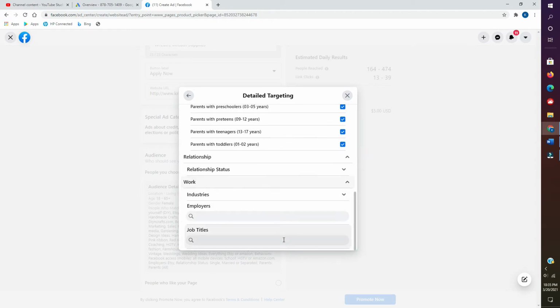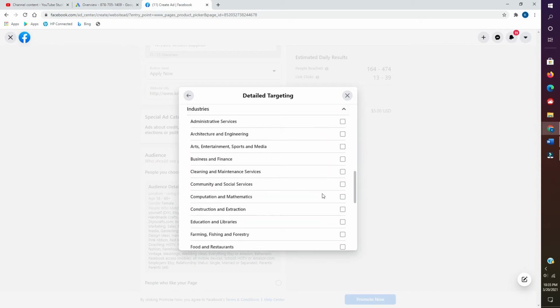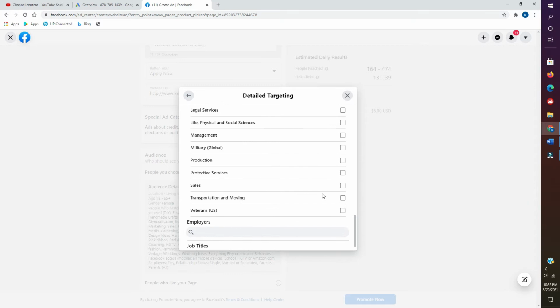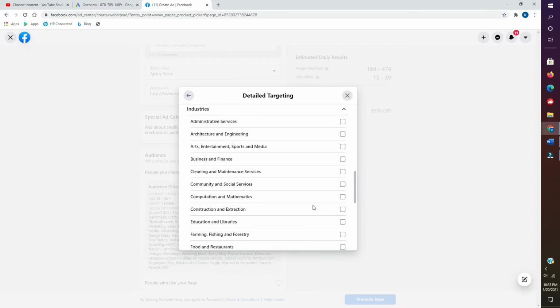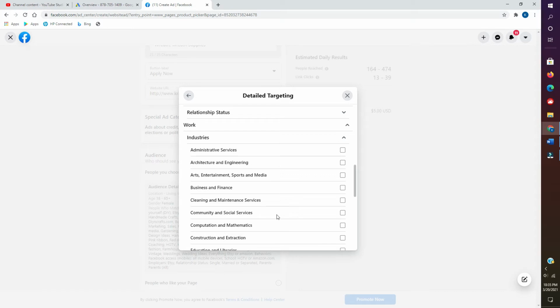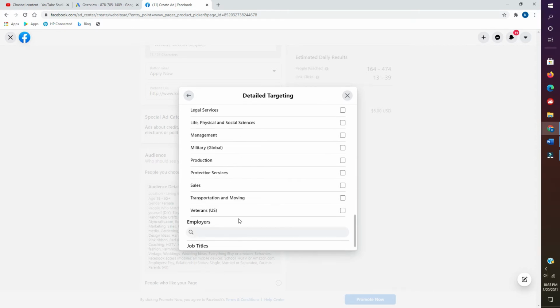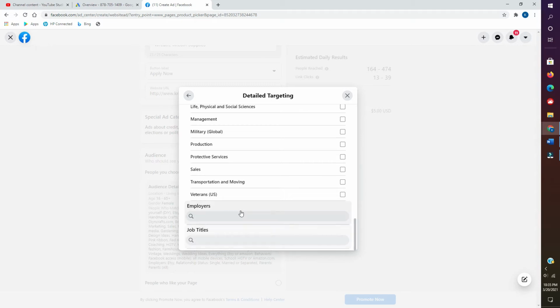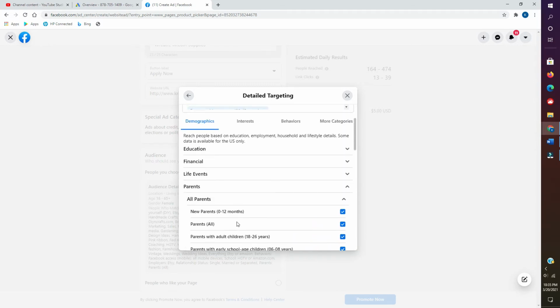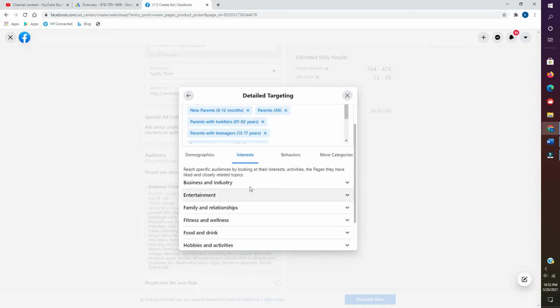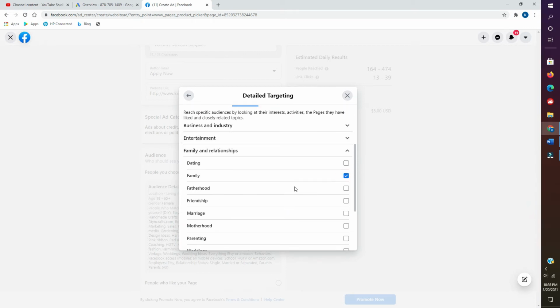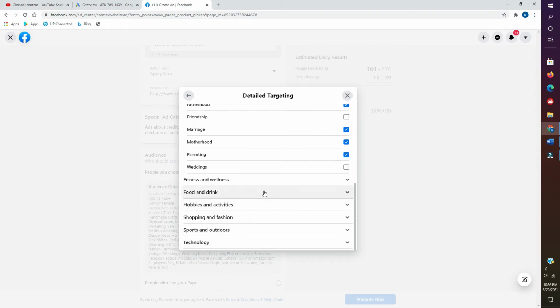Work, just to give you an idea, there are industries to choose from if you sell something different for an industry, but we're not going to really find anything for dogs in here. But if there is something else you were doing that you would find this applicable, you would choose the industry here. And job titles and employers you could search for. Going over to interest, we have business and industry, nothing there for us. Baking, family relationships, again, I'm going to choose a family who are likely to have a dog. Marriage, fatherhood, motherhood, and parenting would all apply. Food and drink,